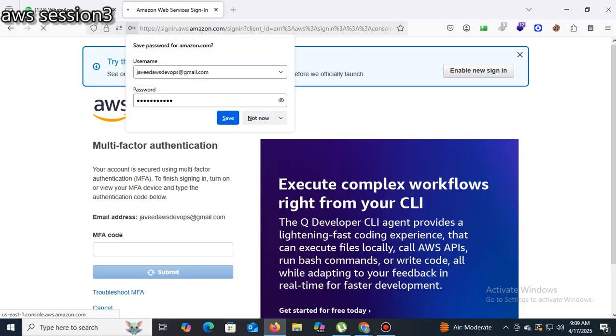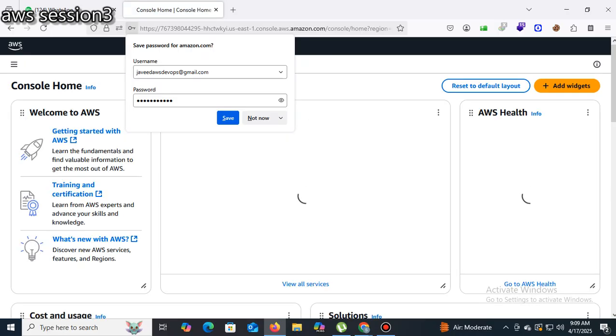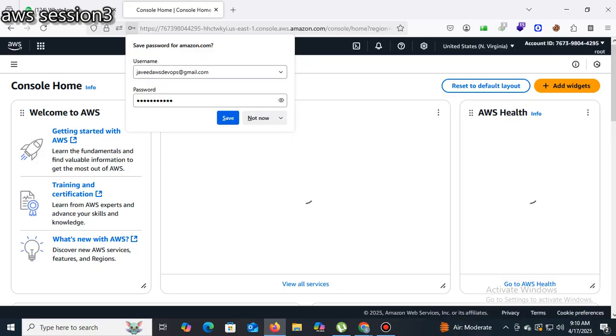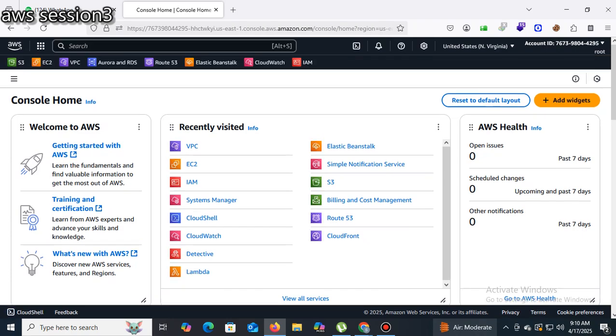So what we're going to do in the lab: first we'll create an instance and add a volume, and to this volume we add data. Once the data is added to the volume, we can take the backup.